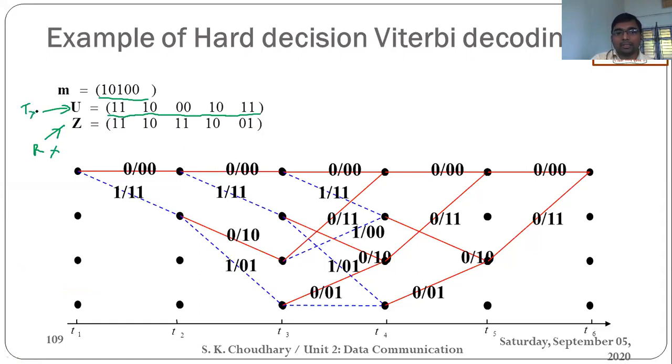So this is the actual code word. The transmitted code word means the actual code word, and the received and actual ones could be different. You can see the difference here in the third position, here 0 0, here 1 1. Then again in the fifth position, there is a difference. This is the noise, which changes the actual sequence. So first of all, you have to draw this trellis diagram. Then we will move on to the further description.